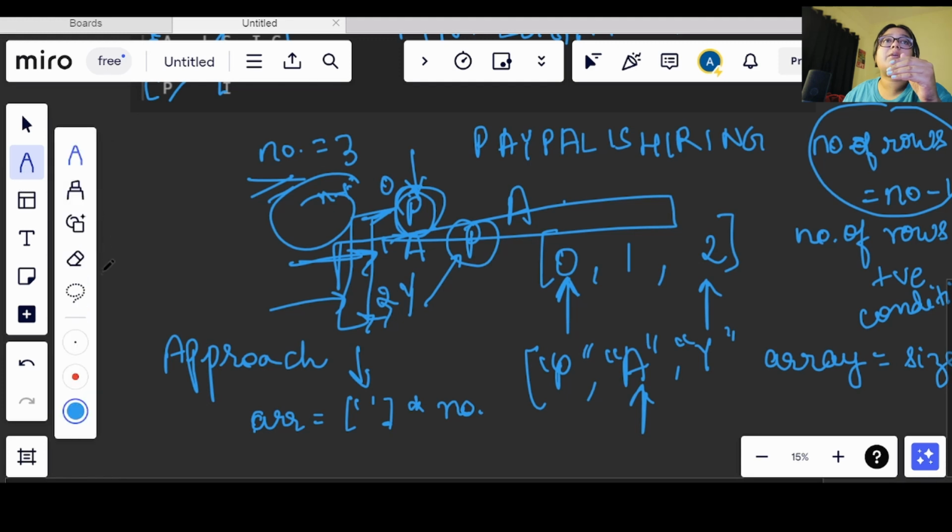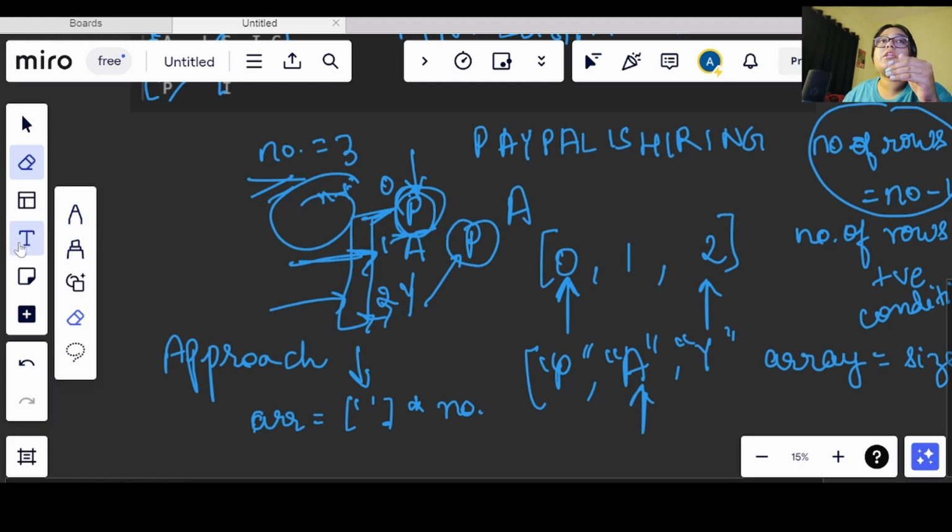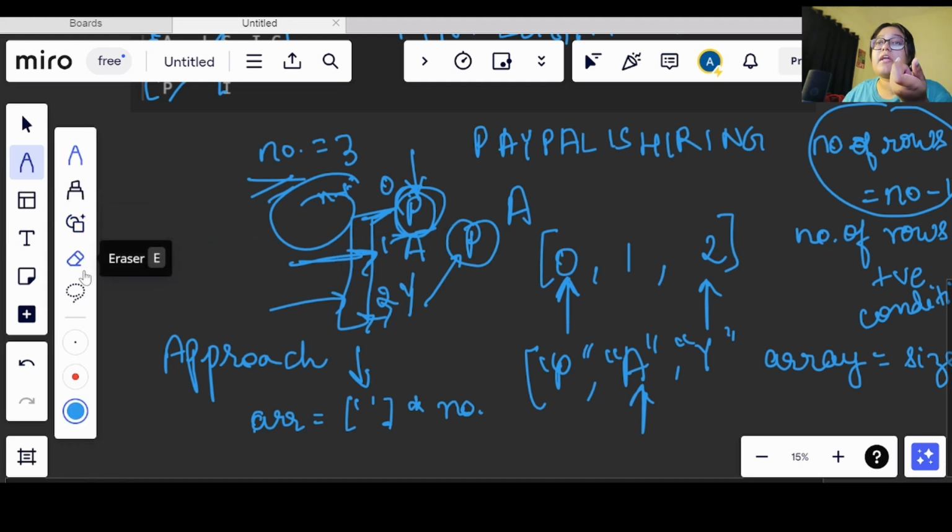So in order to keep a check of that, I am storing the given value at the given row at the index, okay? Now once I come back, this p will be stored here, okay? Now again this a will be stored on the 0th index.